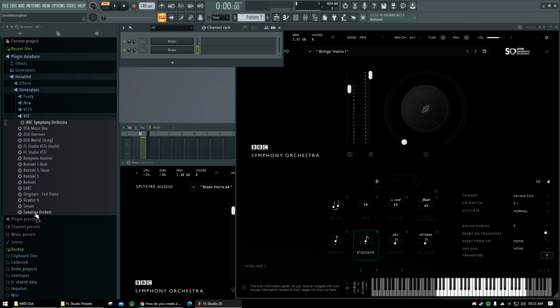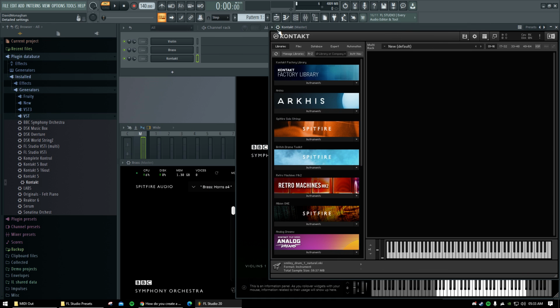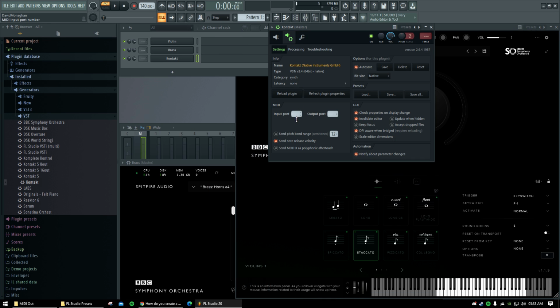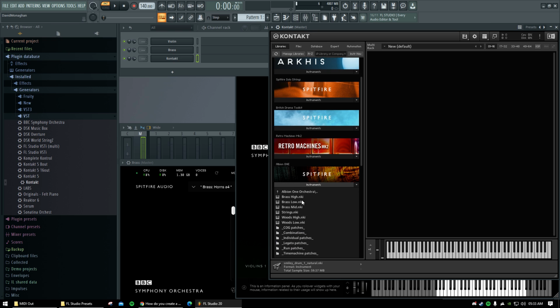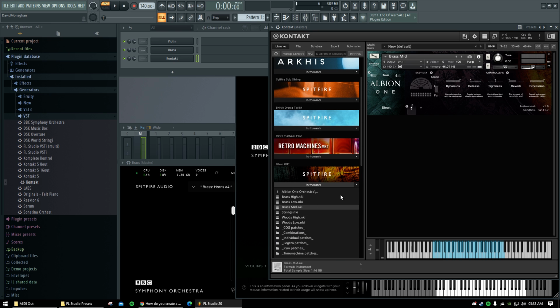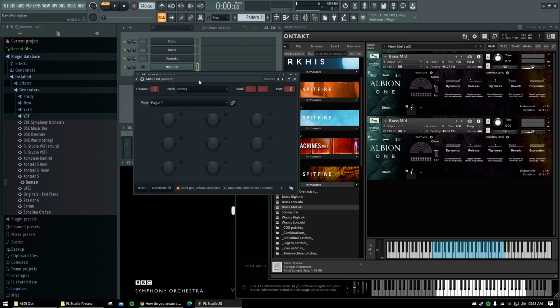You might have done this before, but you might have also noticed that Kontakt doesn't seem to work well with this because you're doing it through MIDI Outs. So I'm going to set up Kontakt through MIDI input, MIDI port 0, as I usually would. I'm going to load up some instruments, let's say 2 brass, and I'm going to load up 2 MIDI Outs,